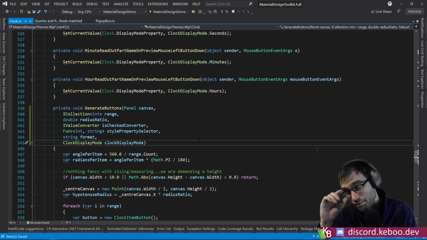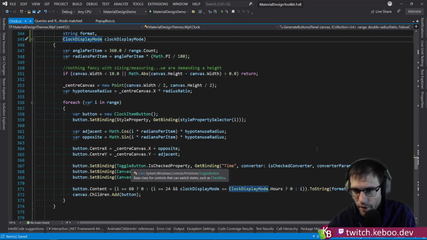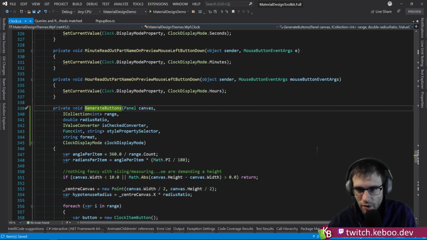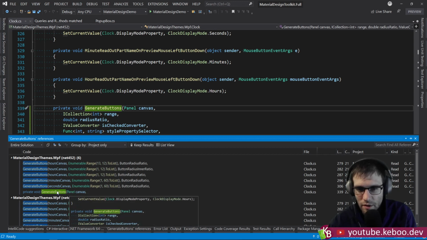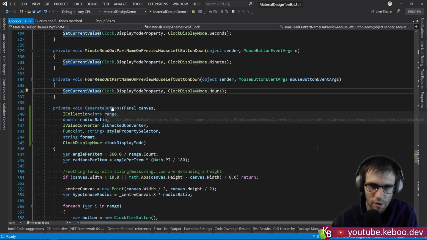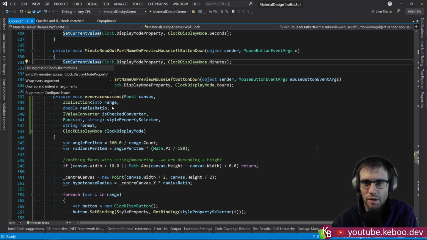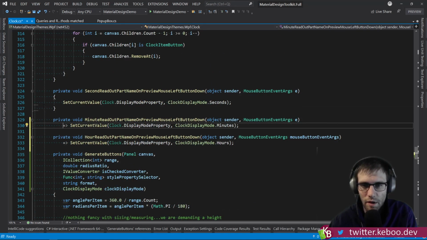needs formatting so it fits, but generate buttons. Boy, that is a lot of parameters. So what calls this? Generate buttons. Find all references. Oh, look at that. Okay, so I think what we're going to do is a little cleanup around this. So we're going to clean this class up a little bit while we're in here because I can see it now. And once I see it,